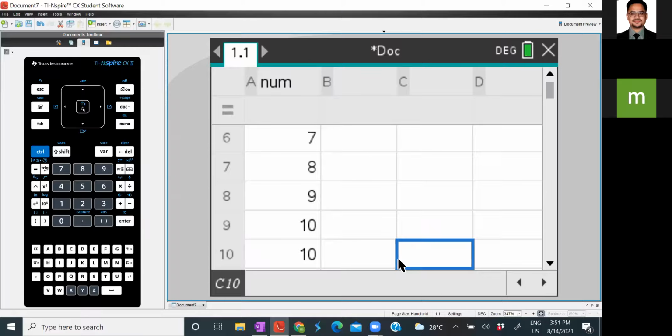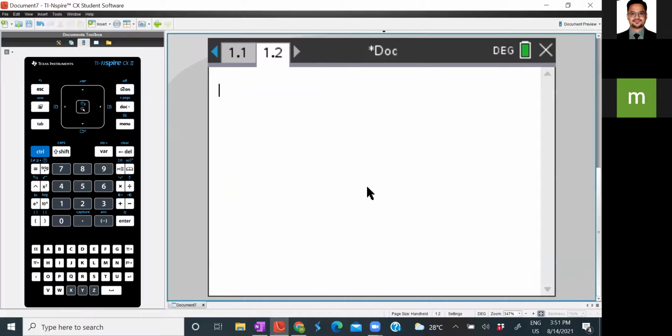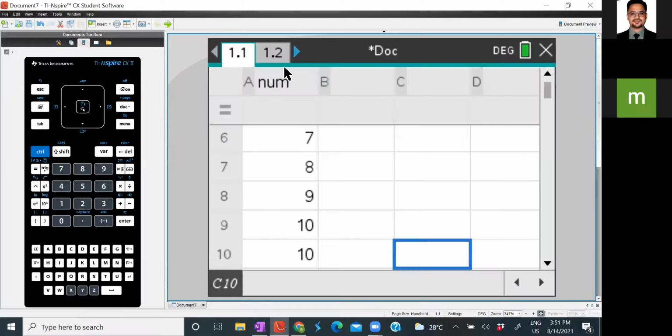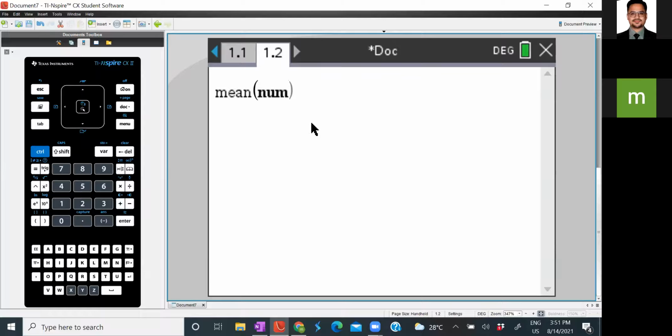Okay, so I've entered 10 values. Now, let me go to a new doc and click add calculator. Simply what you can do is using this particular alphanumeric keypad, press on mean and open the brackets. And remember, what was the title of this particular column? It was num. So just enter num and close it.